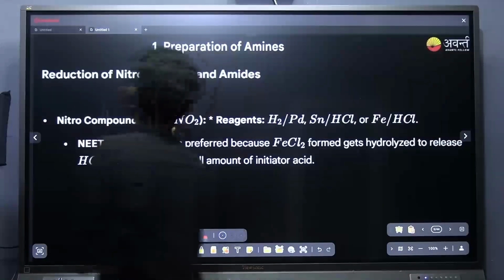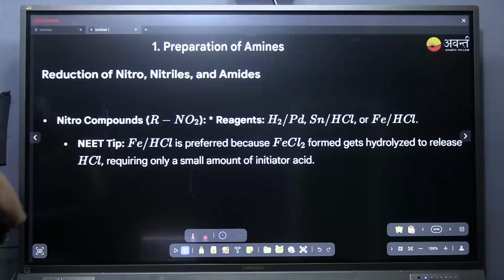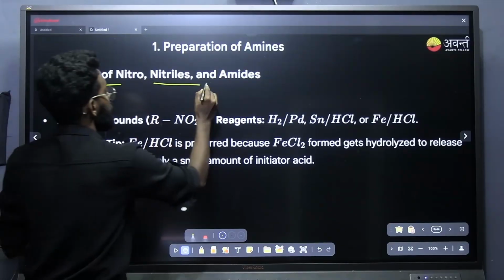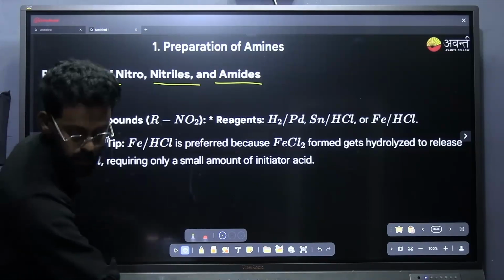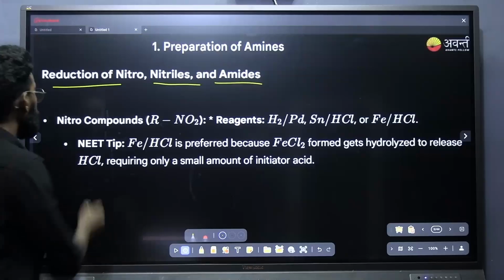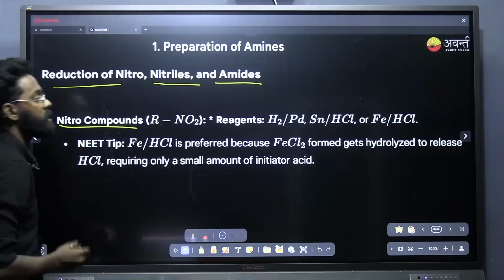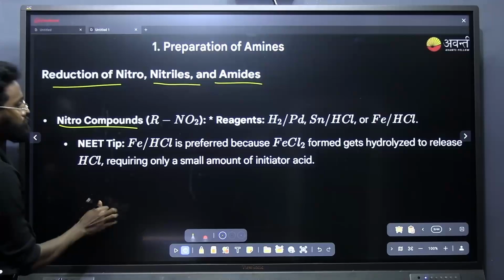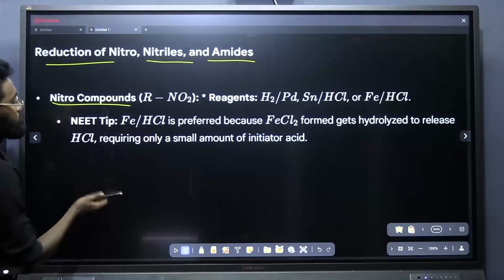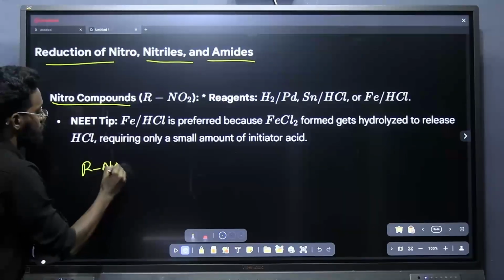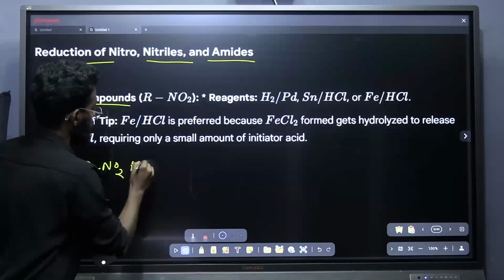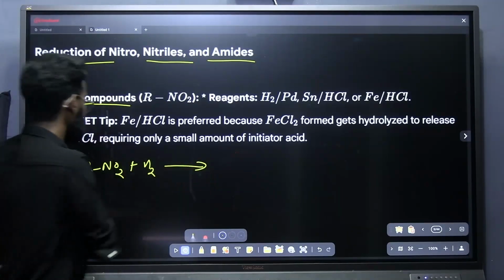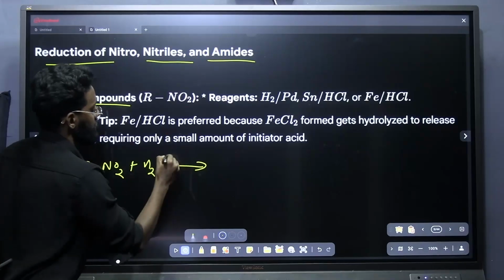Okay, first one is preparation of amines. Reduction of nitro compounds, nitriles and amides. This is the first and important one. How can we prepare amines from nitro compounds? First of all, RNO2. We can do hydrogenation of the nitro compound in the presence of different metal catalysts,